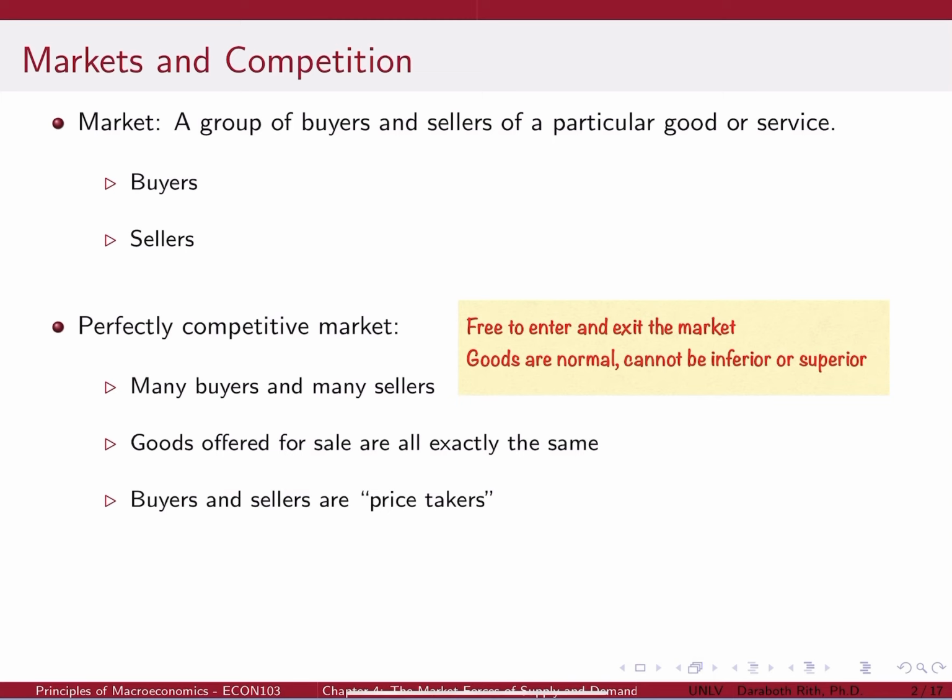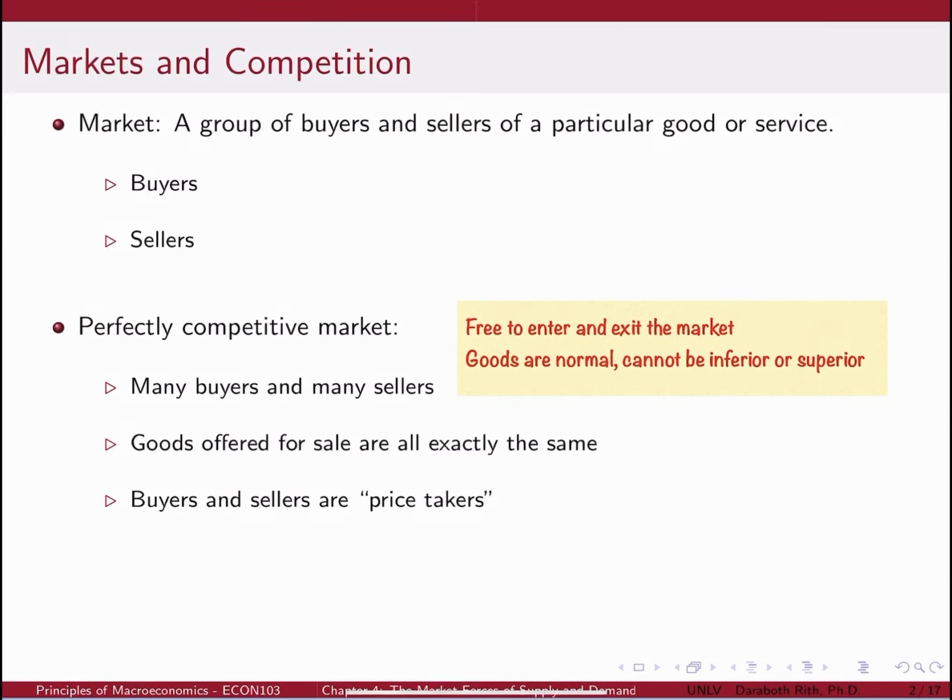To grasp the market further, we need to understand the types of competition that play out in different market structures. Let us start with the perfectly competitive market, or perfect competition. In this market structure, there are multiple buyers and sellers who come to exchange goods and services. The goods sold are identical, so the buyers can walk from one seller to another, and the good has to be assumed to be normal and not exceptional, either superior or inferior.